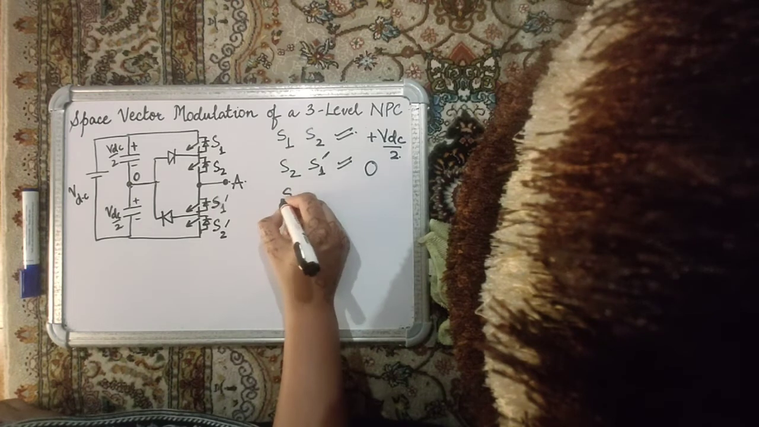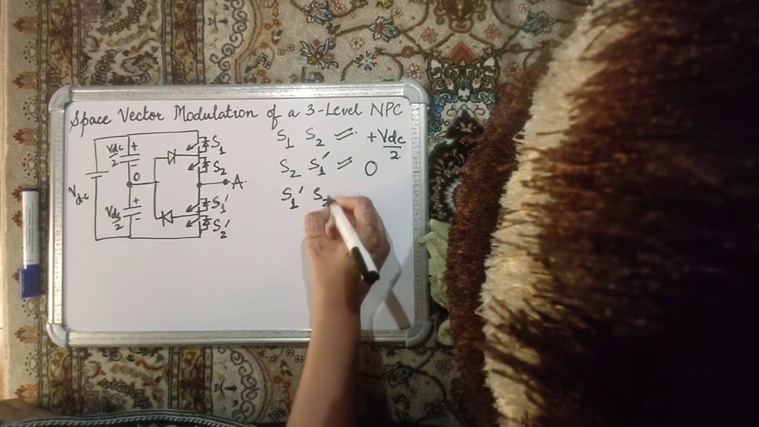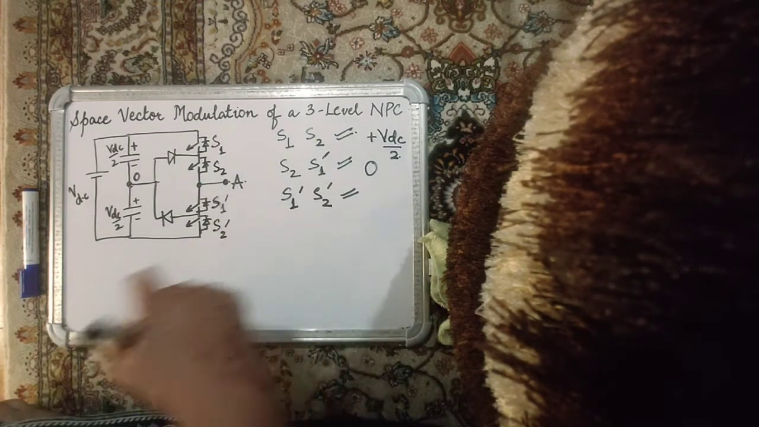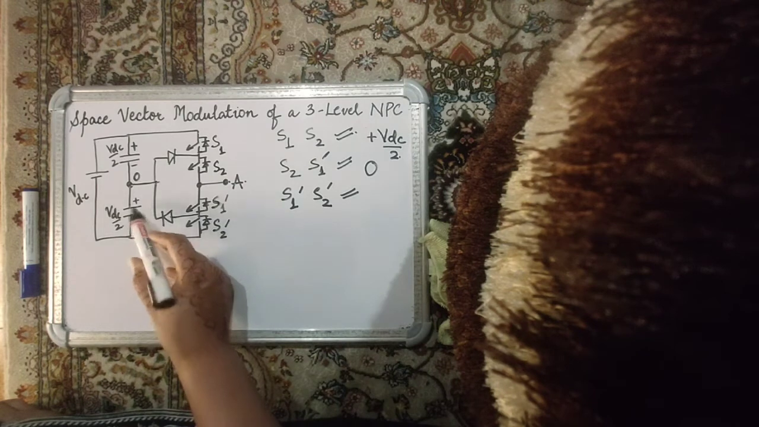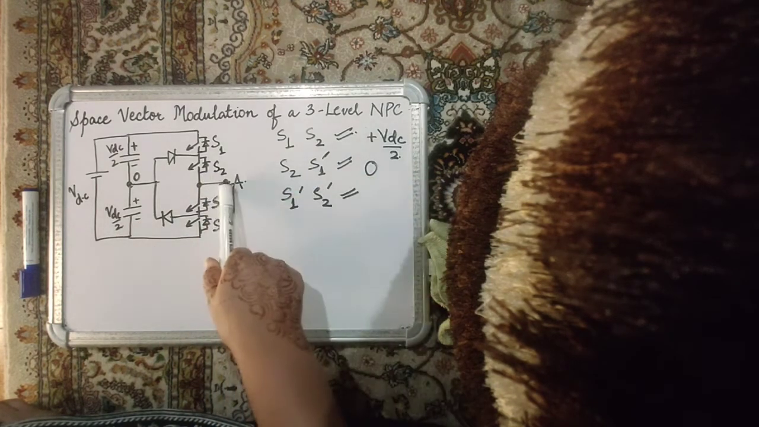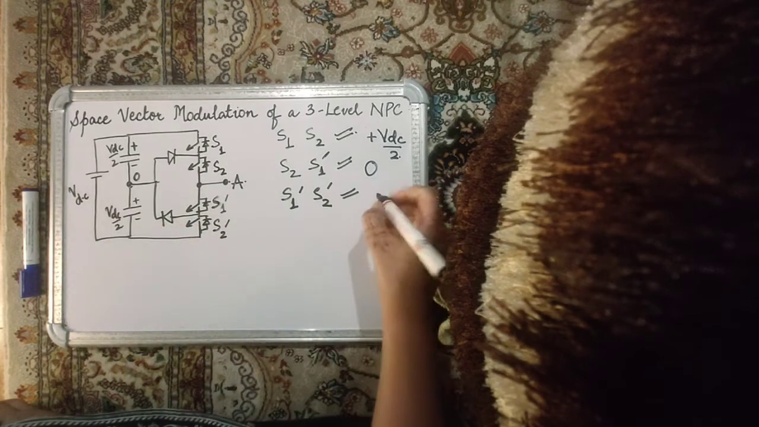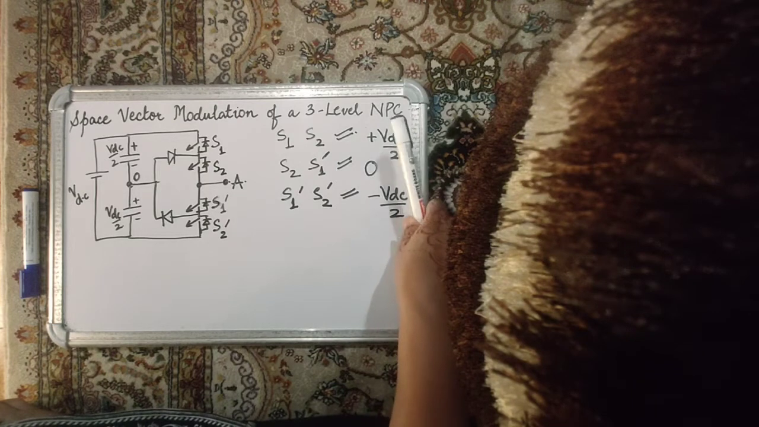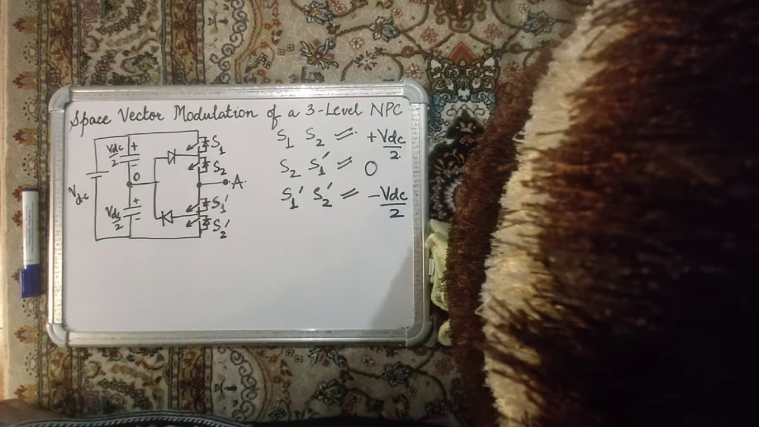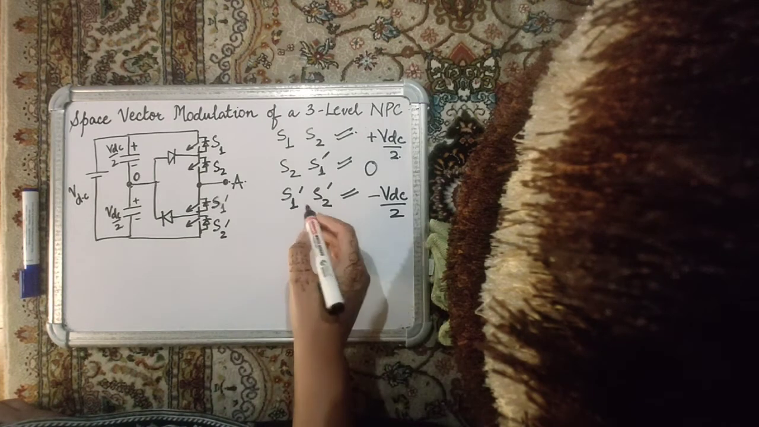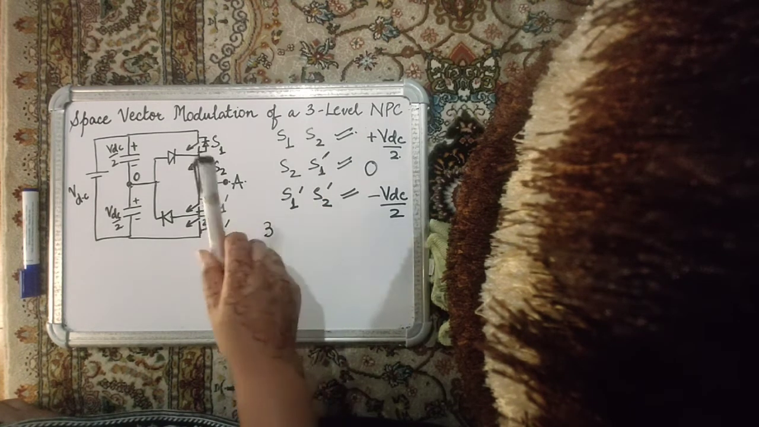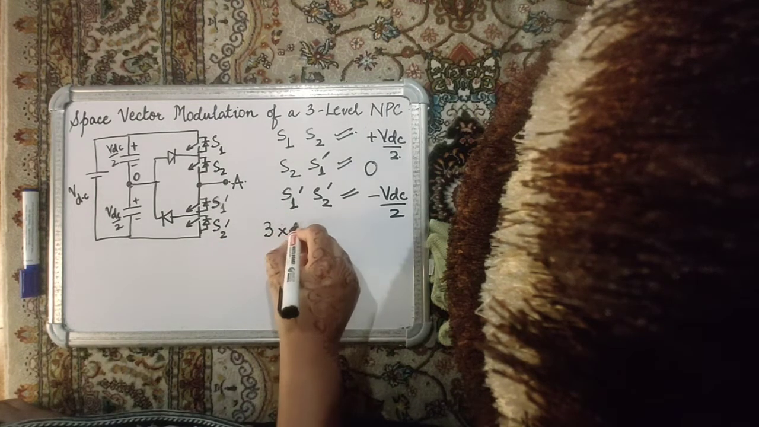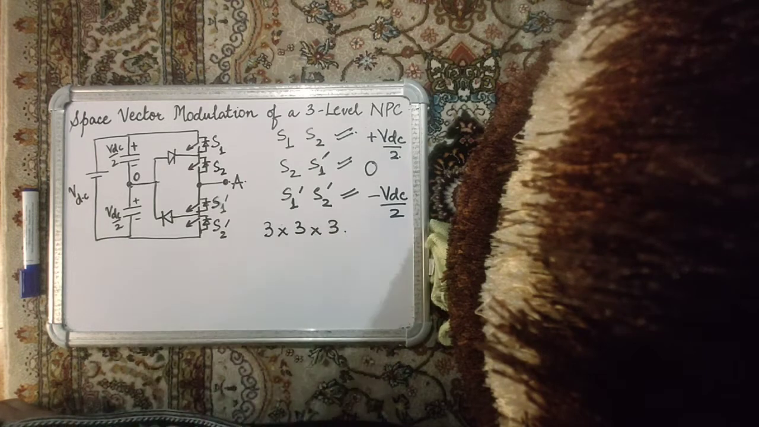Similarly, the last switching state for this leg is when both S1 dash and S2 dash are on, which automatically means that S1 and S2 are off because these are complementary, and in this case minus VDC by 2 directly appears at point A with respect to point O. So you have a 3-level pole voltage, which is plus VDC by 2, 0 and minus VDC by 2. Each leg corresponds to 3 switching states, so you have 3 switching states for phase A, 3 for phase B, and 3 for phase C,